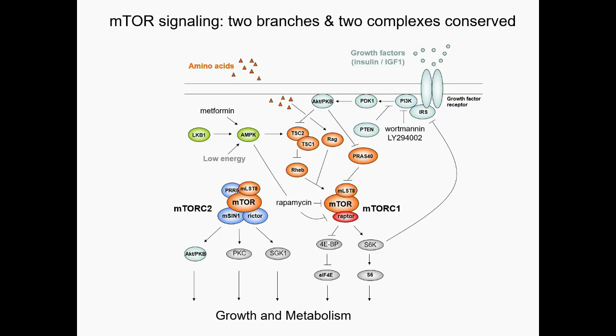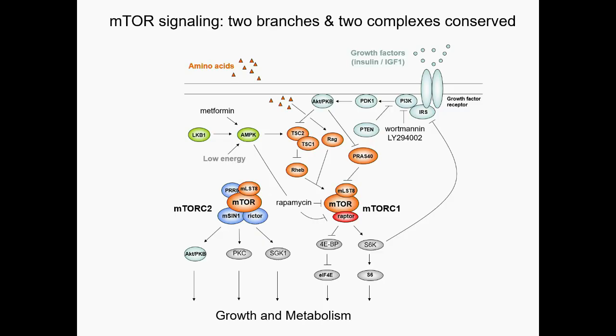This evolved with multicellularity because in multicellular organisms, it's critical to control the growth of every cell in the body with every other cell in the body. And that then is what the growth factor input provides. It provides growth control over a whole body plan. Whereas local nutrients, and now we also know local energy in the form of ATP, feed into activating the mTOR signaling network. So when these three conditions are met, growth factor, nutrients, and energy, these are all the conditions which favor cell growth. The network is activated. All the anabolic processes which it controls are either activated or inhibited and leads to cell growth.